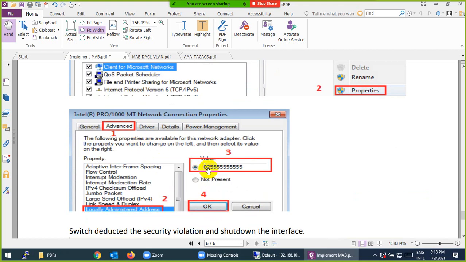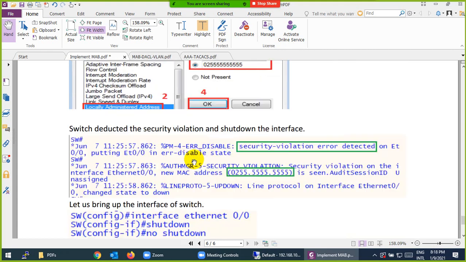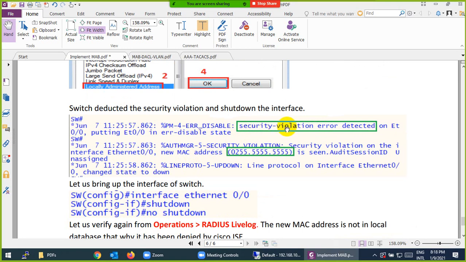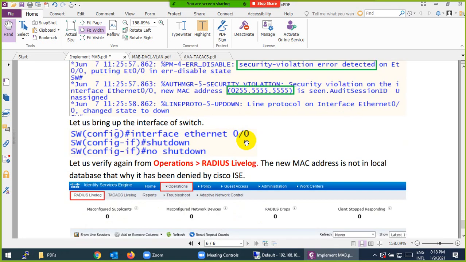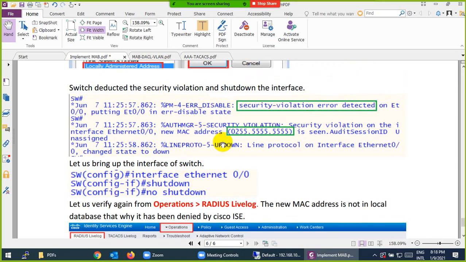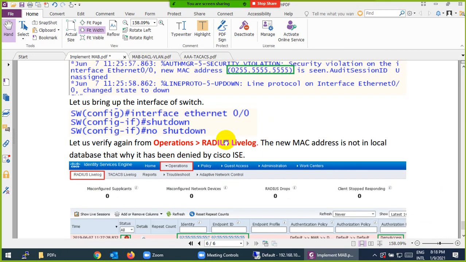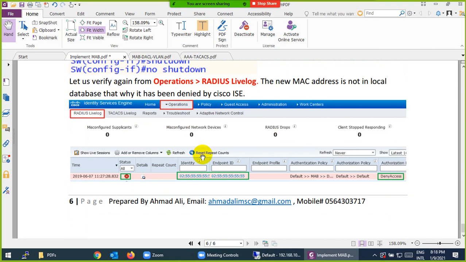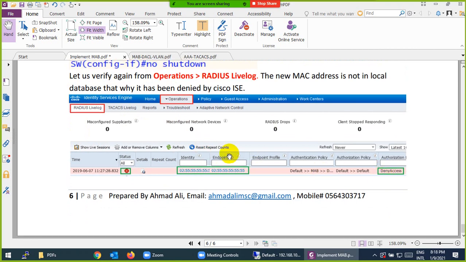And then I show you, let's change the MAC address. So we change the MAC address, I put AAA, here I put something else, it's okay. And then they say security violation. Okay, and even there is a command to make them error-disabled, but I did not put that one. But anyway, I show you when the actual MAC address is connected on the switch port, and then we saw it's been denied, and in the logs.